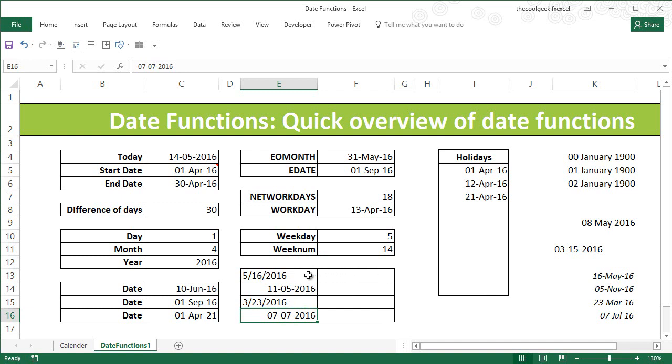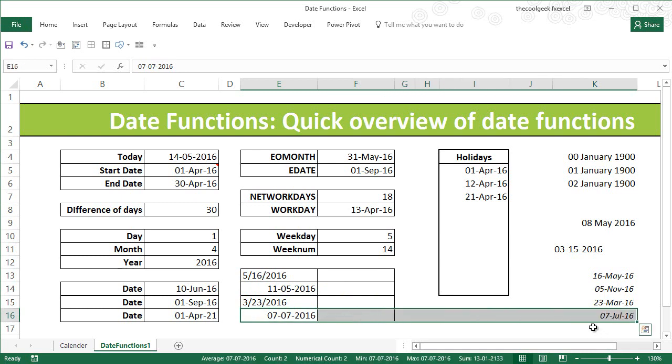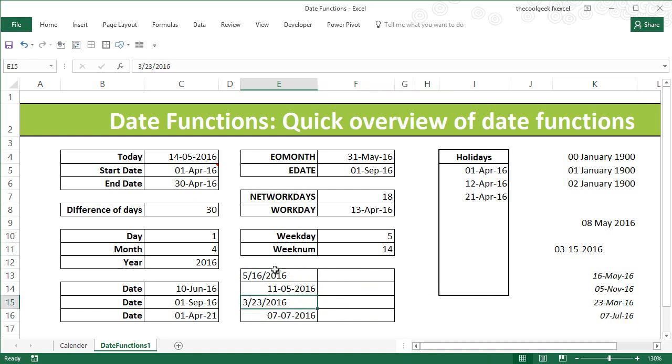Let's check what kind of results we want. This date shows that it is 11th May 2016, but in reality it is 5th November 2016 because the day and month have been reversed. For 7th July 2016, this remains the same either way, so this is already corrected. But for the two string values, they are not accepted by my Excel because of the format. We don't have a month that is 16, that is why it's becoming a string. So we'll just have to reverse this using the formula that I'm going to use now. Let's begin.